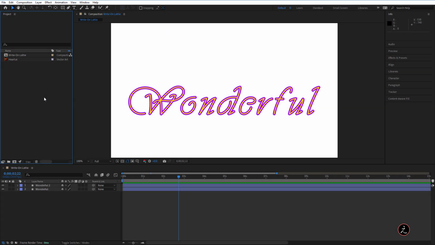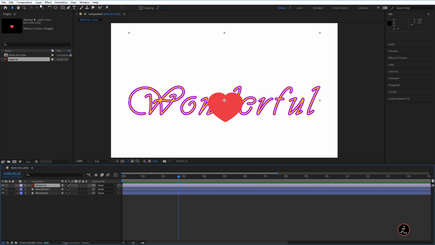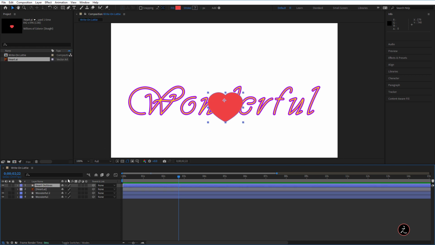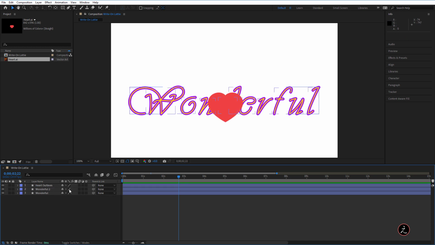So next up, let's go ahead and animate some heart shapes. This is the heart shape that I have imported into the project file. And by the way, inside the exercise folder, you will find both of these heart shapes and the original Illustrator path in the event that you want to follow along. All right, so I will go ahead and click and drag and bring this into the timeline. Then I will go inside the Layer menu, Create, and I'm going to use Create Shapes from Vector Layer. Now, as you can see, this is a shape layer, which means I don't need the original. I'm going to press delete on the keyboard.